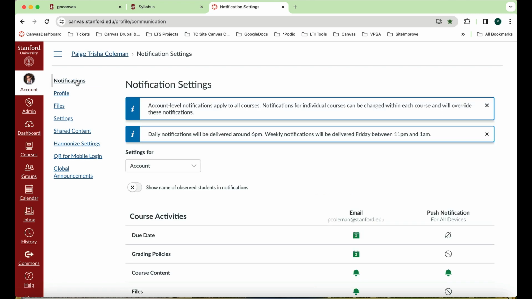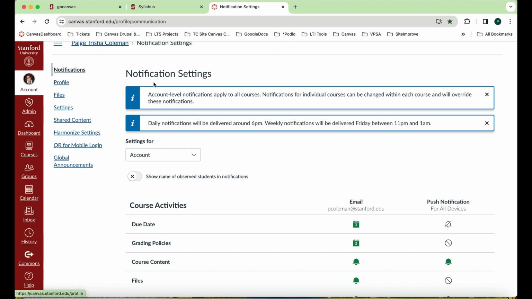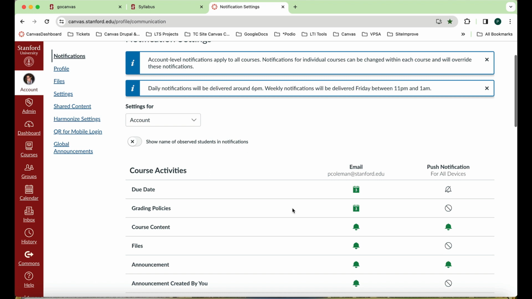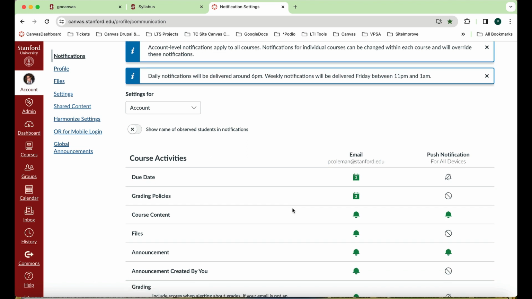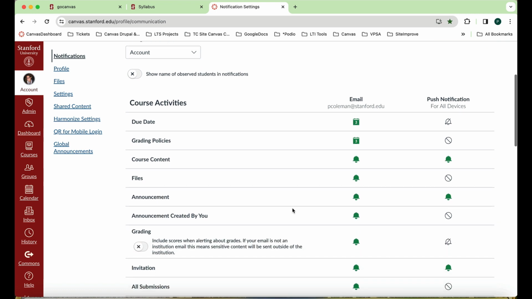I'm now going to navigate to notifications. If you intend to communicate with your students through Canvas, we highly recommend you tell students to turn on notification settings for your particular course. They may do this by drilling down into your particular course through account and notifications and setting the preferences, which is the frequency they'd like to receive a notification for a particular tool.